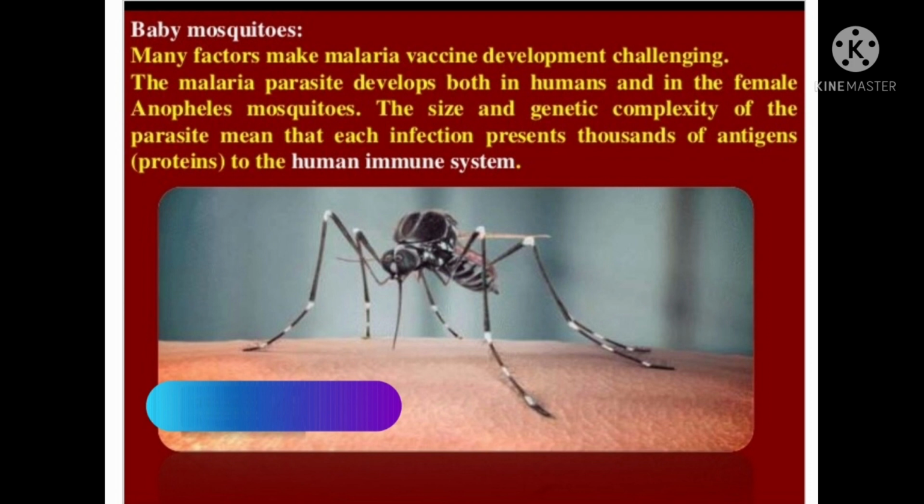The malaria parasite develops both in humans and the female Anopheles mosquito. The size of the genetic complexity of the parasite means that each infection presents thousands of antigens, proteins, to the human immune system. So, the first thing we have to keep in mind, which we'll be seeing further in this video, is how